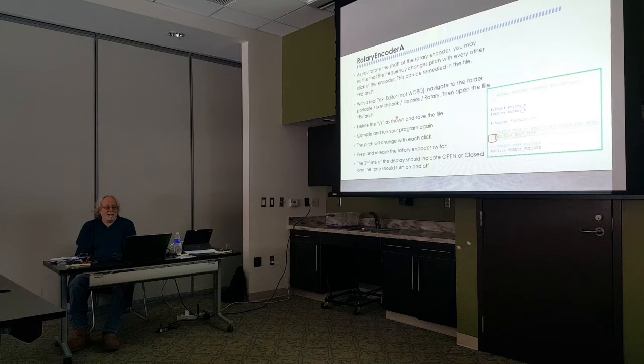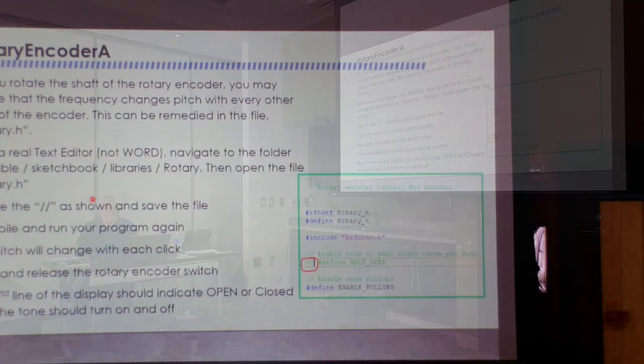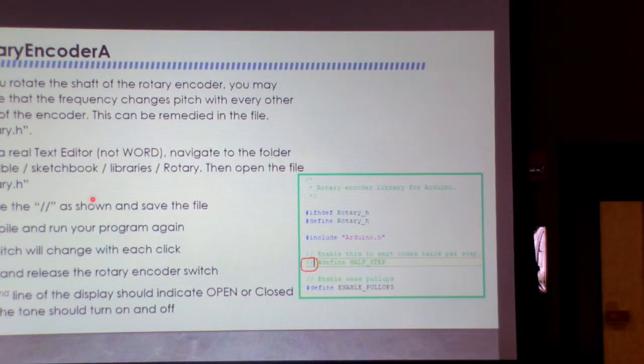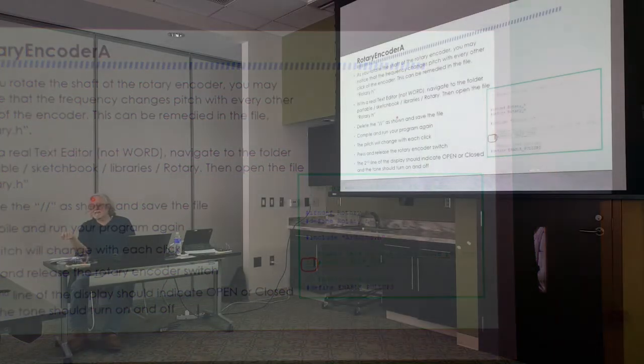One of the problems I ran into, and I don't know why it's not on every one of my rotary encoders because they all came from the same place, but some of them, that's what happens when you pay 50 cents a piece for a box of 14, is there's a full step and a half step when you're doing a rotary encoder. I'll let you read up about it because it's not something I wanted to cover here. But if you're having to go 2 clicks to get anything to change, so I go click, click, and then the tone changes, and click, click, and the tone changes again,